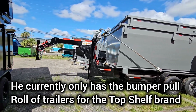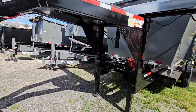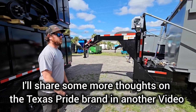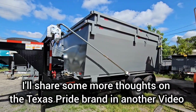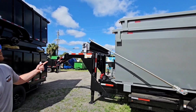Wow, that's crazy. So are you just gonna keep it, or are you gonna sell this one? We sell it. They build good trailers, I just changed a few things on my roll-off trailers that I do a little bit different. We build I-beam frame. I want I-beam frame on everything. Yeah. These cans look pretty big though. Do you have any on the ground or no? Across the road. These are 17-yard cans here,